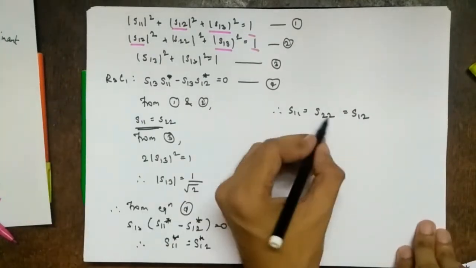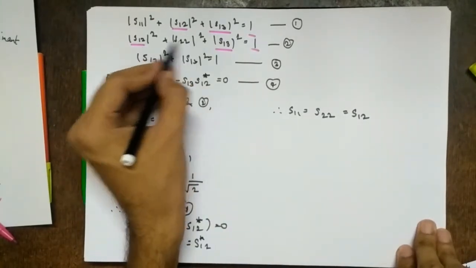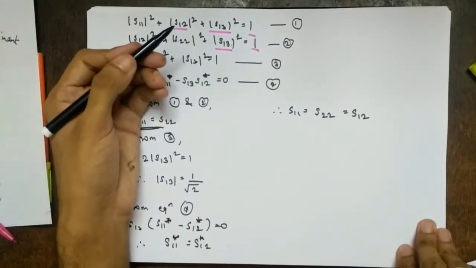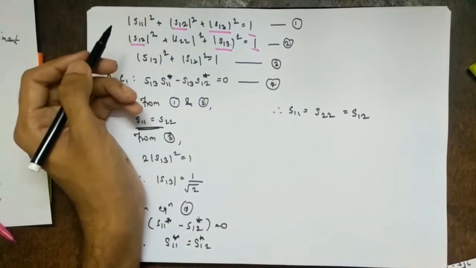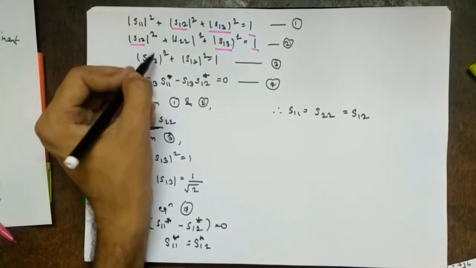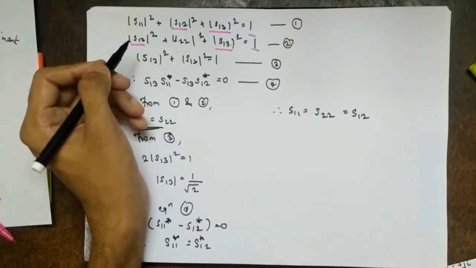So we have S11, S22, S12, 1, 2 and 2, 2. If you see equation 2, 1, 2 and 2, 2 is here. So only 1, 3 is remaining. So 1, 3 we have found out already. Fine. So what we can do, let's see the equations, what we can find.